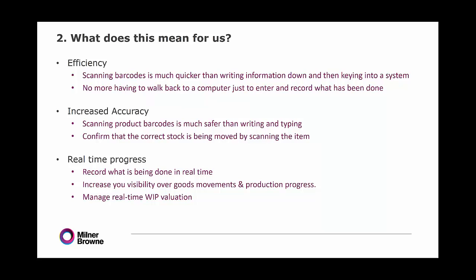You can have visibility now throughout the business as to what is being done in real time. So a few things on that. You can see which materials are still available, which materials have been issued to jobs. You can check on the progress of production by seeing which transactions have been processed, which ones have not. And you can manage a real-time work in progress valuation by issuing material to production orders as well as issuing